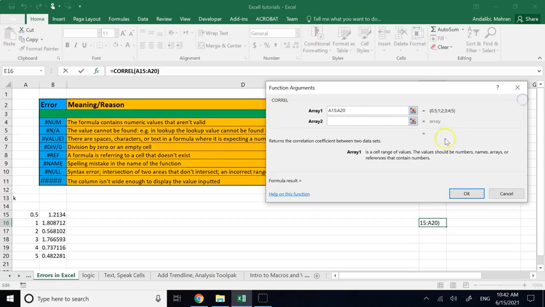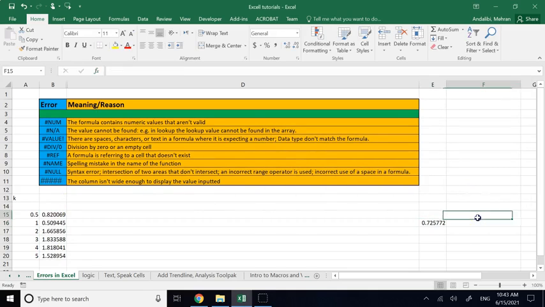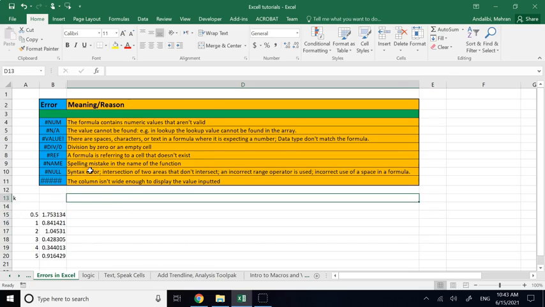Okay, so use the suggested names by Excel and do not misspell the name of any function, okay? That's important. So that's about the name. Then we have the null error, which